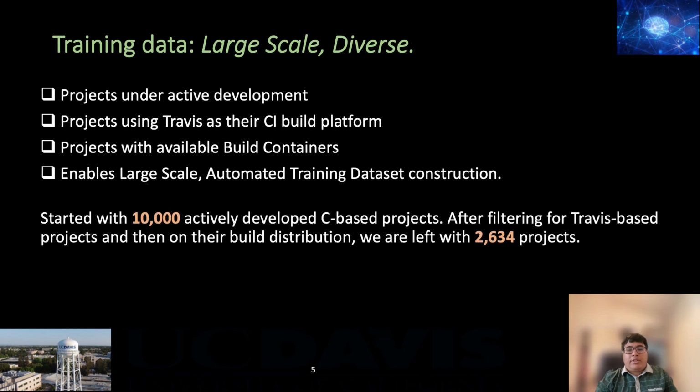For our training, we started with 10,000 actively developed C projects. After filtering for Travis and for the build distribution, we are left with 2,634 projects. Now I will discuss different features of Bugswarm and how we use that tool for our data